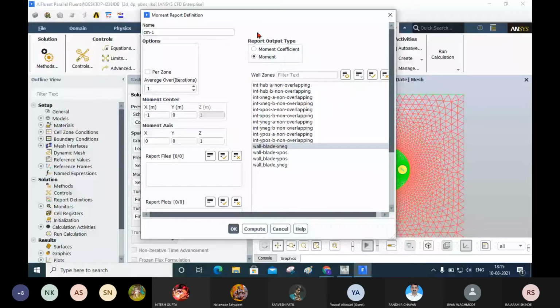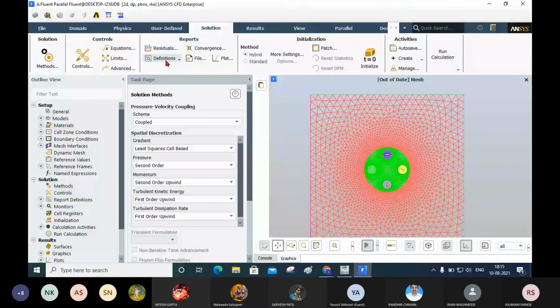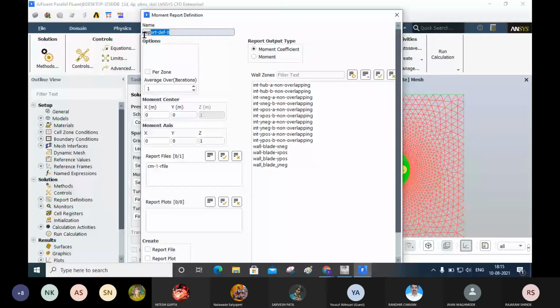One more monitor I will do. I will go to new. Again I will monitor the moment, and suppose this is monitor 2. Here I'm going to monitor the moment of this X positive blade.